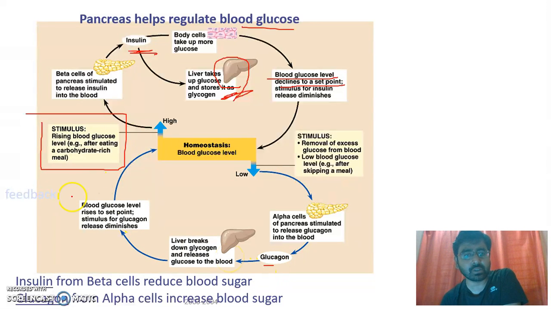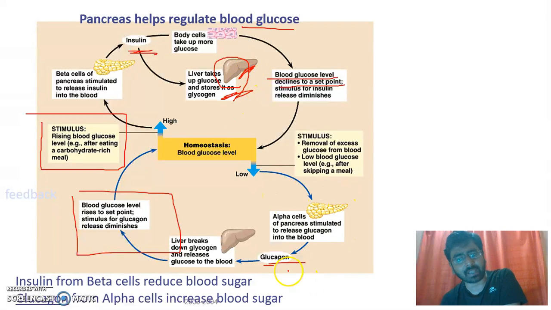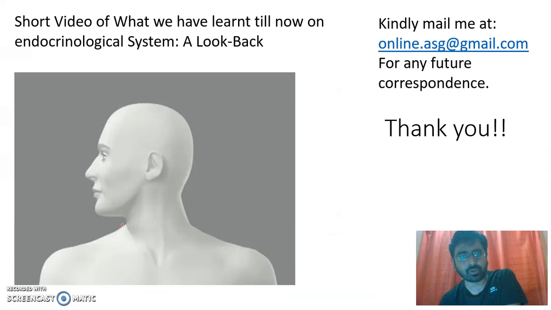This conversion is done by another hormone called glucagon. Sorry, I made a mistake. The glycogen that is stored in the liver is converted by the glucagon hormone, so that it breaks down to the glucose molecule that can be used up by the system. So to end with,